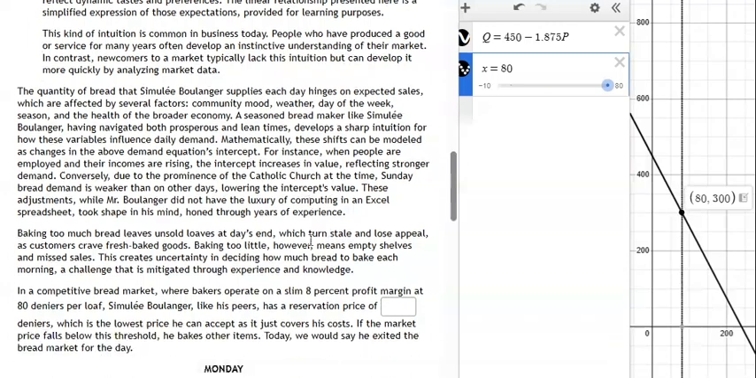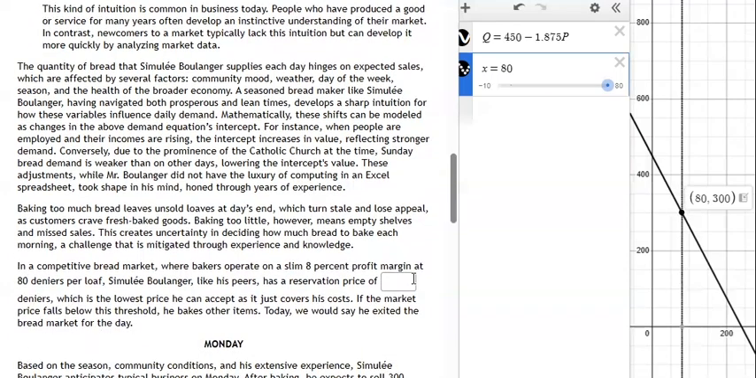Baking too much bread leaves unsold loaves at day's end, which turn stale and lose appeal, as customers crave fresh baked goods. Baking too little, however, means empty shelves and missed sales. This creates uncertainty in deciding how much bread to bake each morning, a challenge that is mitigated through experience and knowledge. In a competitive bread market where bakers operate on a slim, say 8% profit margin, at 80 deniers per